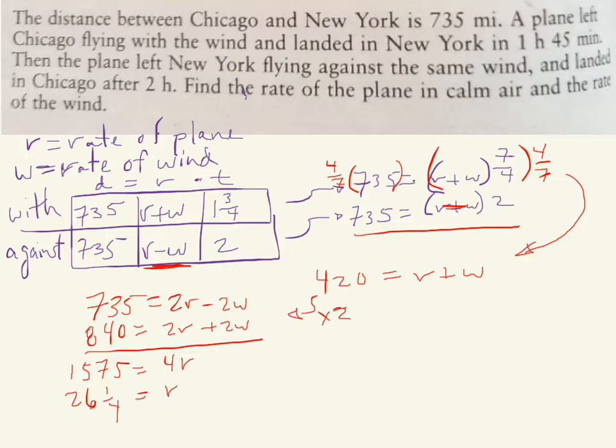So 26 1/4 is the rate of the wind. No, I'm sorry. Hang on a second. I'm trying to look at my book here, and I'm doing this wrong. Divide both sides by 4, and you get 393 3/4. Okay, there we go. I thought something was wrong. That's 393